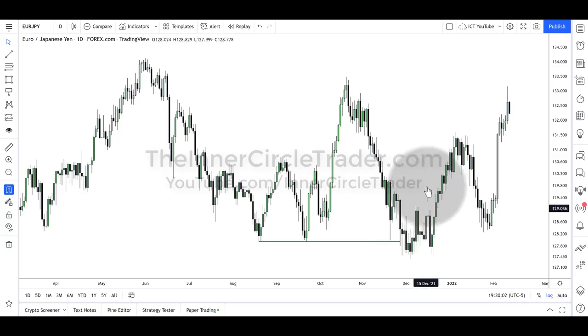The market rallies through that. There's no fair value gap there. It drops back down in. Then it runs again, taking out this swing high. So we have 2 points of market structure that have moved to the upside. In other words, price has traded above it. Now this leg here,